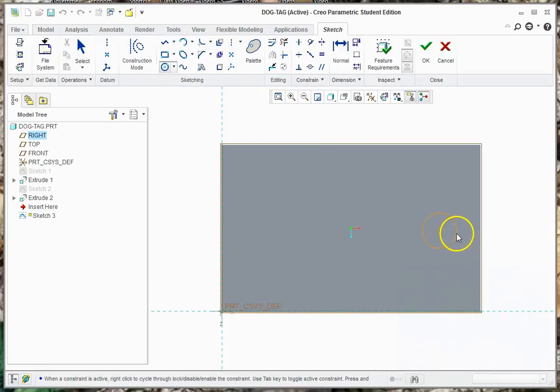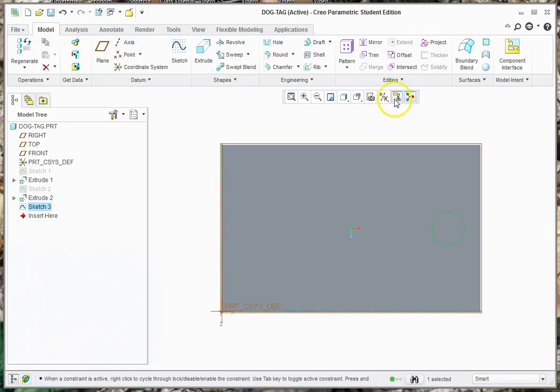Come over here somewhere, put it in there. Let's make it a 10 millimeter hole. It's going to be over, let's say, 70 millimeters, and half of my 50 is 25, so I want 25. That's exactly where my hole will be. I like that. We'll hit the green check, do a default orientation,